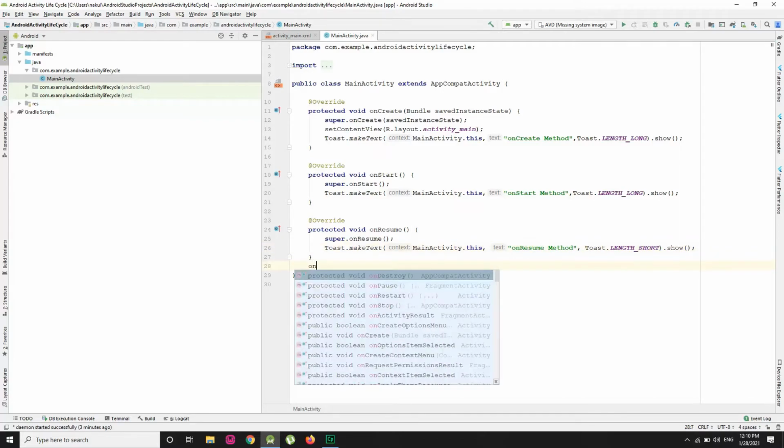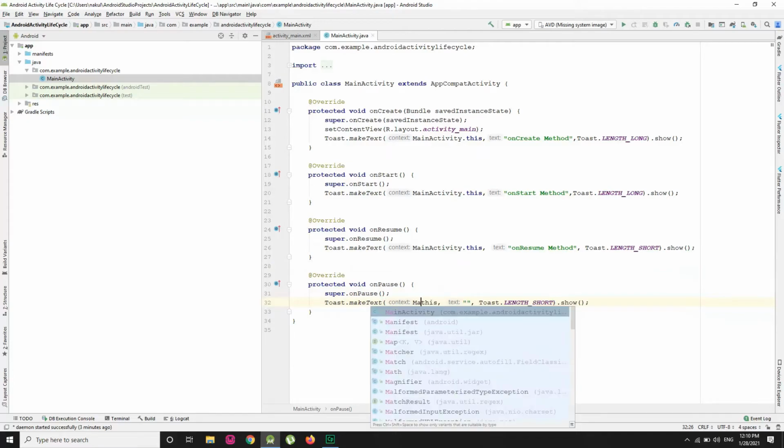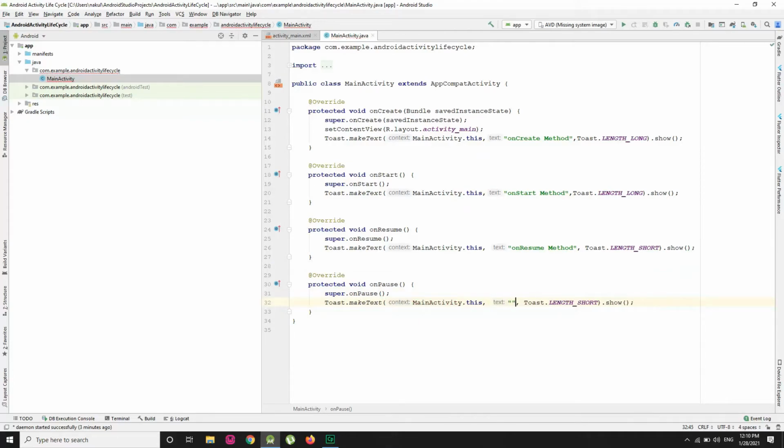Then we have the onPause method. So Toast.makeText here, MainActivity.this, comma, the message is onPause method, right? So we have completed 4 different methods of the activity life cycle, that is onCreate, onStart, onResume and onPause.